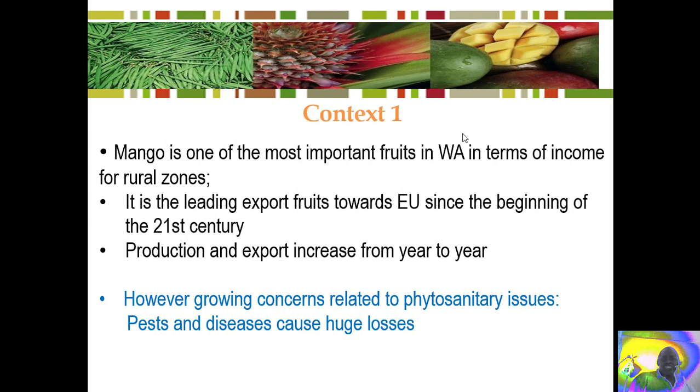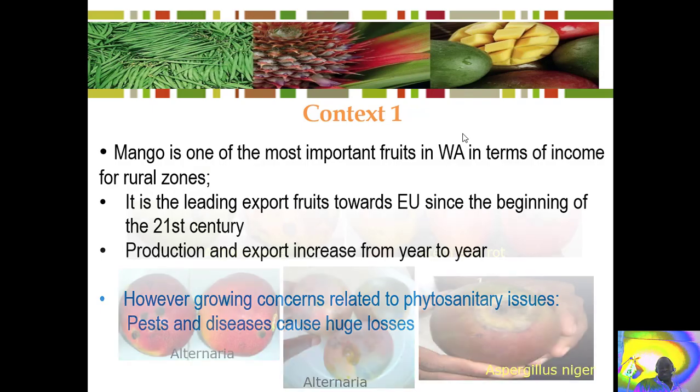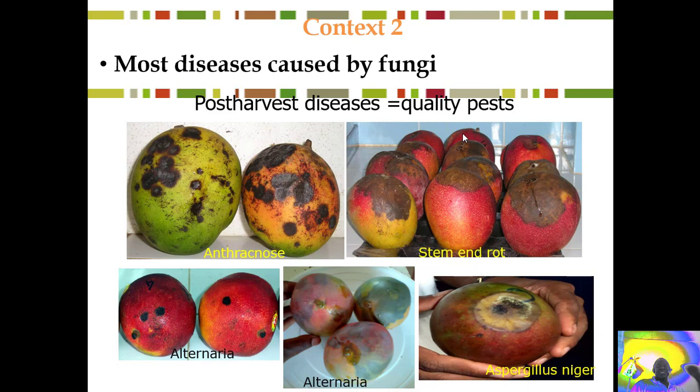Now, with respect to the context, we all know that mango is one of the most important fruits in West Africa in terms of income for rural areas. It is the leading export fruit towards Europe since the beginning of this 21st century. The production has expanded for years, but we have also been experiencing a lot of damage due to pests and diseases. With respect to diseases, we know that the most important diseases on mango are